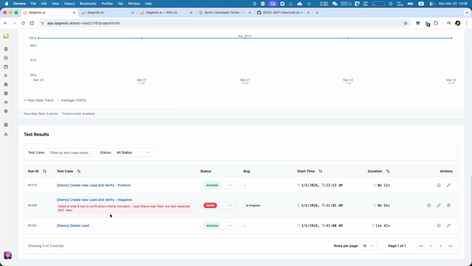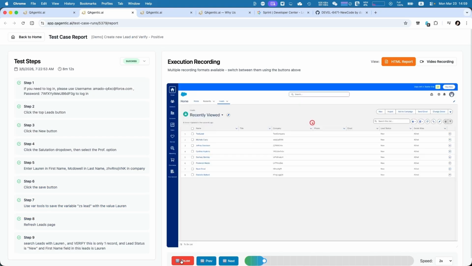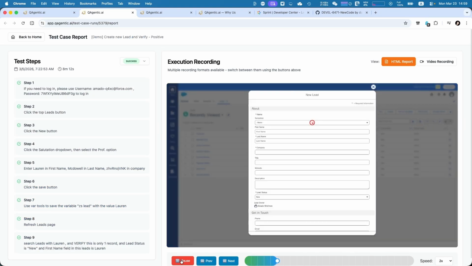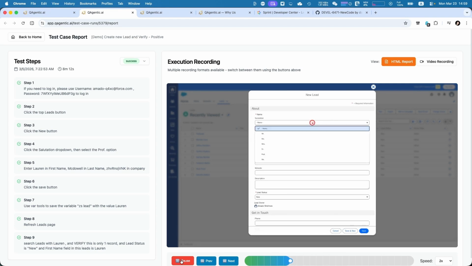Below the summary, we identify which test cases failed and the root cause of each failure. This level of diagnostic clarity is what enables teams to accelerate their release cycle while maintaining quality standards. Click into the detailed report. We see a fully